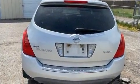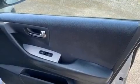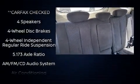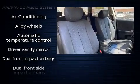more. You and your passengers will enjoy the stereo system, which includes a CD player, steering wheel mounted audio controls, and 4 well-positioned speakers. Nissan ensures the safety and security of its passengers with equipment such as head curtain airbags,